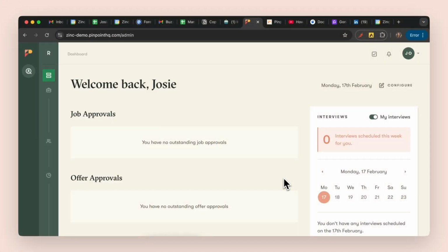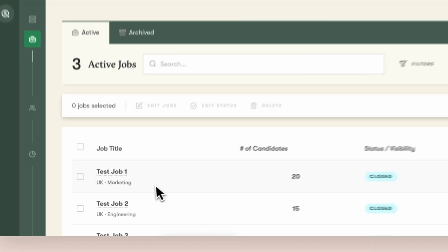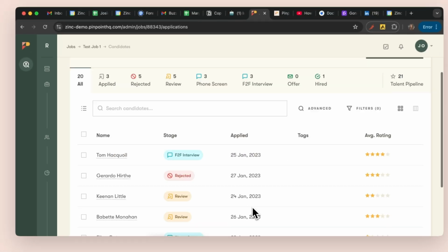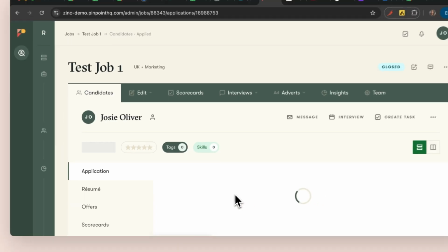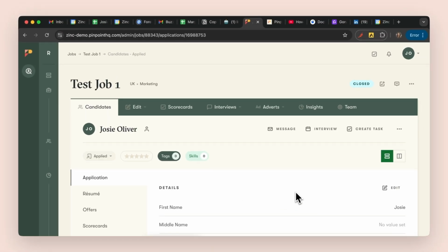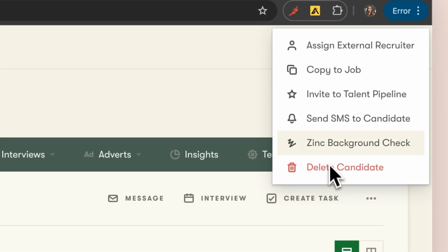To show you how easy it is to launch a Zinc background check within the Pinpoint platform. Come down to your open jobs, select the chosen job, and select your candidate. Once you've selected the candidate you want to send the background checks to, click on the three dots and select